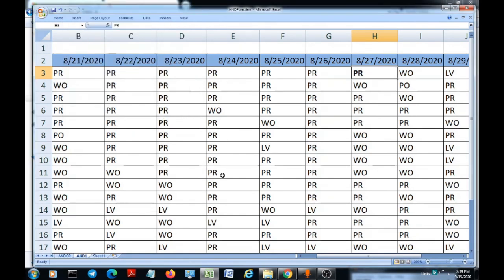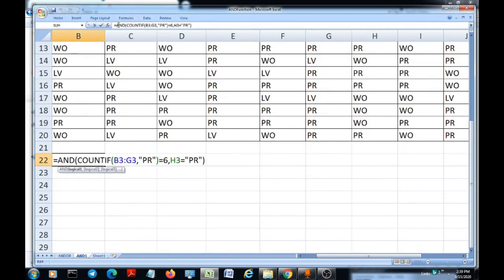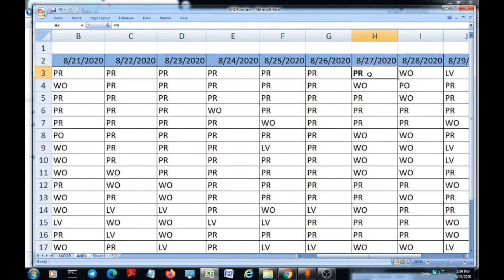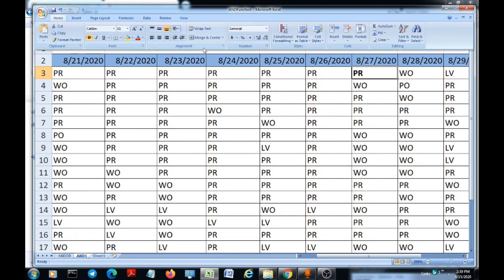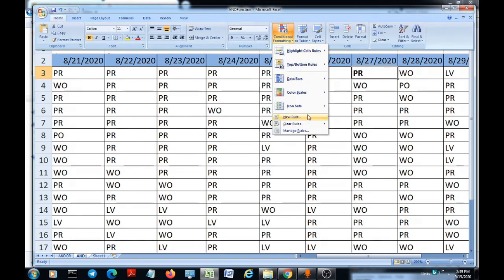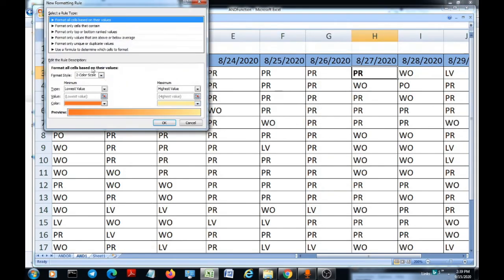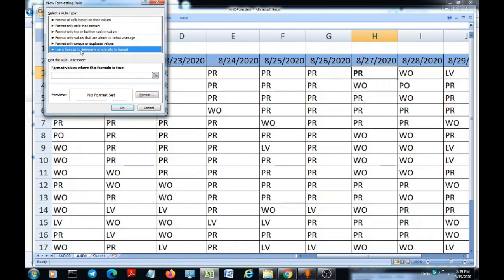I forgot to copy that. I'll just copy. So I'm in the H3 cell where I want to apply this conditional formatting, choosing the new rule from conditional formatting, and I use the last option, use a formula to determine which cells to format.